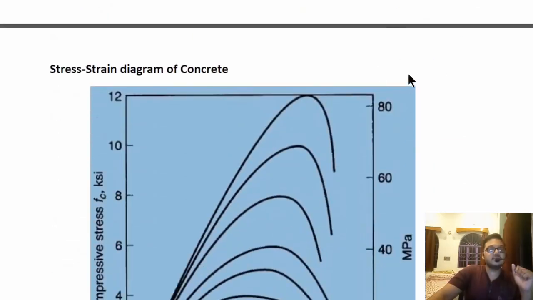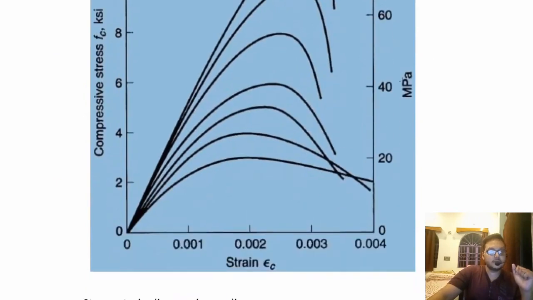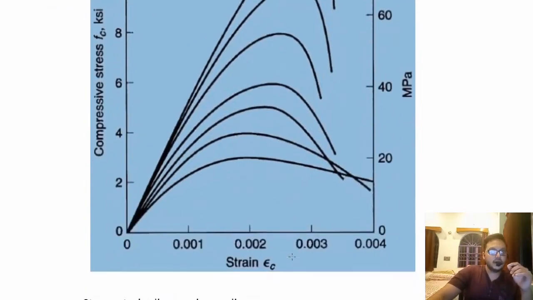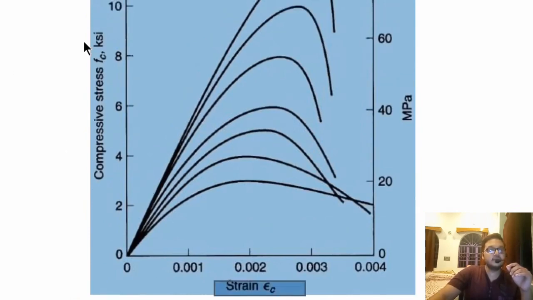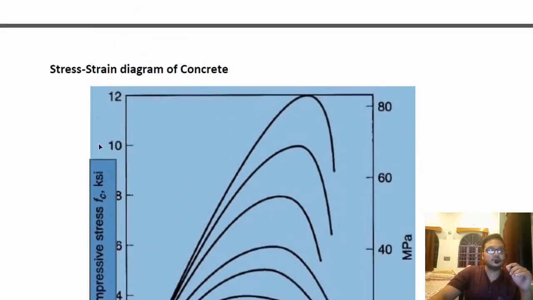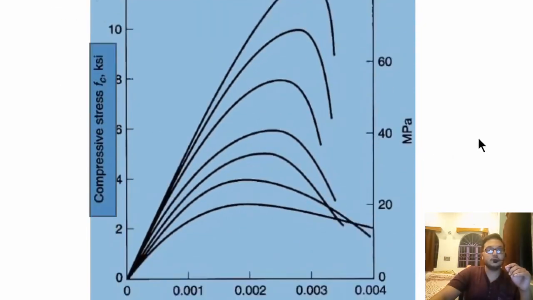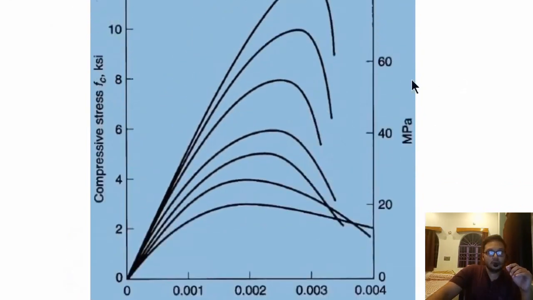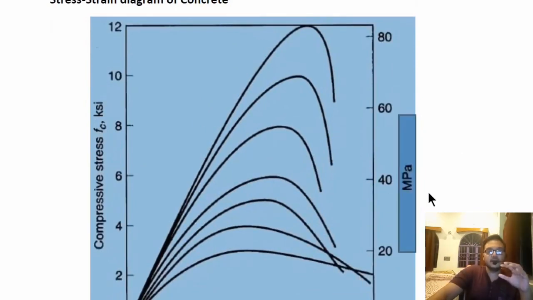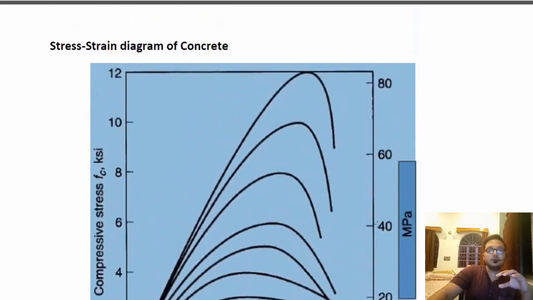Next we move on to the stress strain diagram of the concrete. It is a relation between the stress and the strain represented in the form of a graph, and strain is given on the x-axis whereas the compressive stress is given on the y-axis. So we have a stress strain diagram of particular concrete, and on the right hand side it is also represented that there are cubes of different strengths.